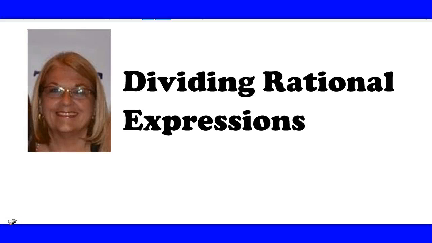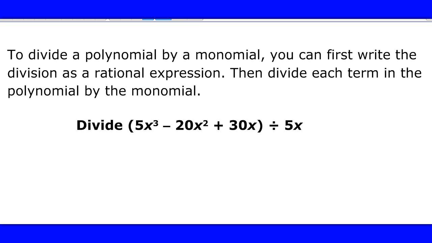We're going to talk about dividing rational expressions, and we're going to start with a real quick review because we've already divided two times already, two different ways. So if you want to divide a polynomial by a monomial, the first thing you need to do is rewrite the division as a rational expression, which means in fraction form. So I'm going to rewrite this as 5x cubed minus 20x squared plus 30x